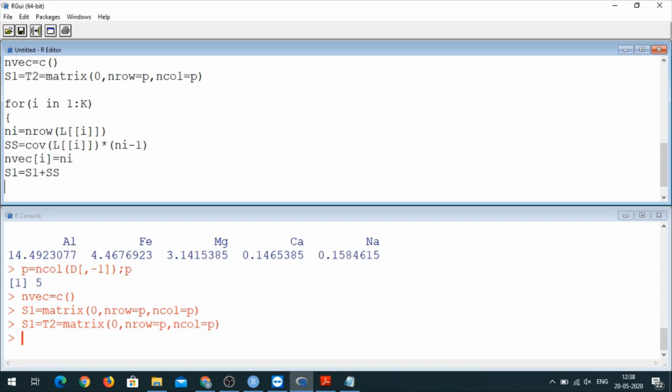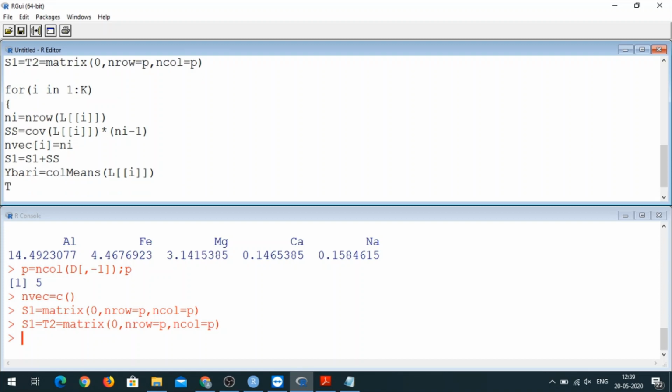Then I need the mean vector. So y bar I would be col means of Li, and I have to take the deviation of this y bar I from the overall mean.